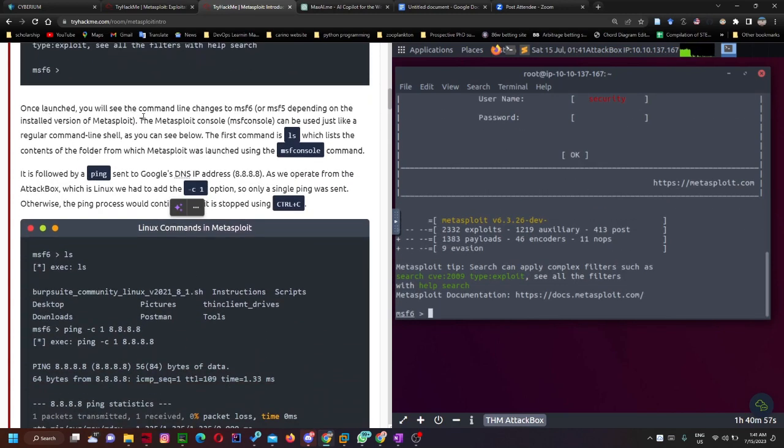Once launched, you will see the command line change to msf6, which is this. I think they said it depends on the installed version of Metasploit. Okay, we go down, they say the first command is ls. This ls can be run as a normal command. So what they're trying to say is that on the Metasploit,